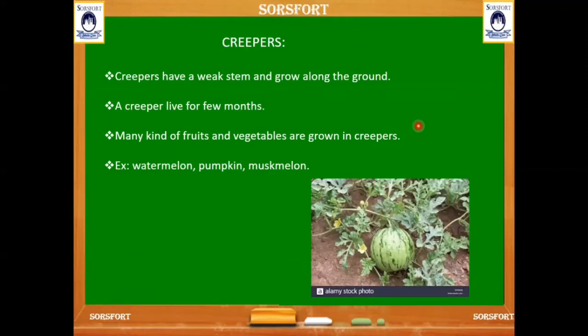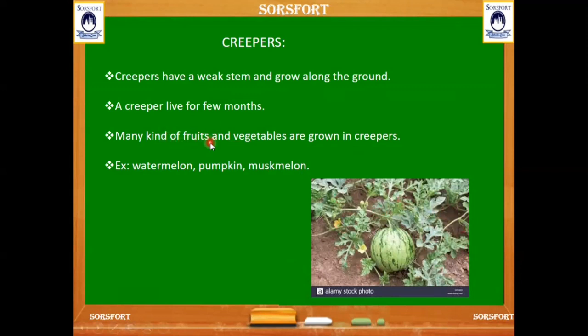And let's see about creepers. Creepers have a weak stem and they grow along the ground. Creepers live for only a few months. We can see the watermelon plant, it lives for only 3 to 4 months.